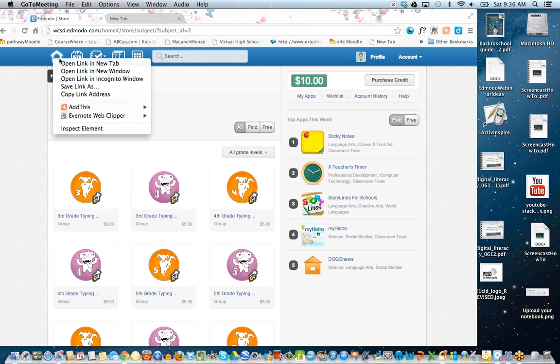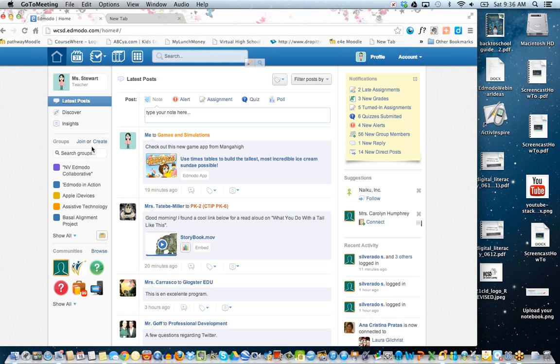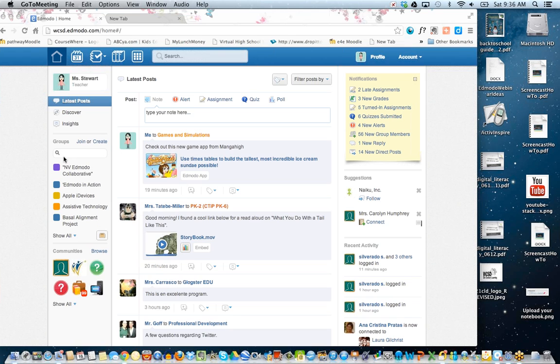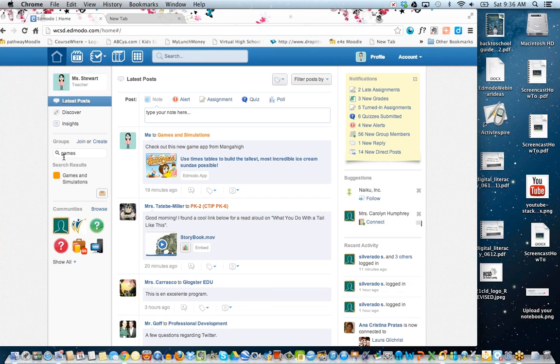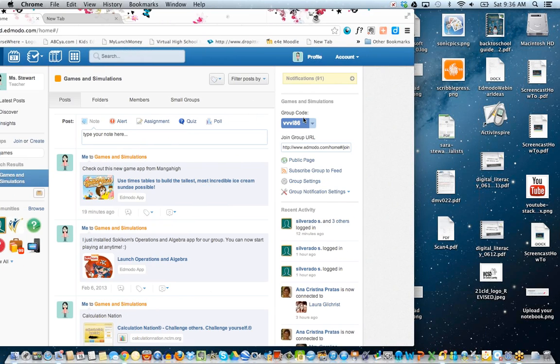In fact, let me go back and put that games and simulations code back up. And I encourage you guys to go into there and play some of the games that I have loaded. That will give you an idea of what it's like from the student point of view. And I've loaded games in all content areas and grade levels, or at least I tried to. So I'll let you guys try that out. But the code again is right over here,